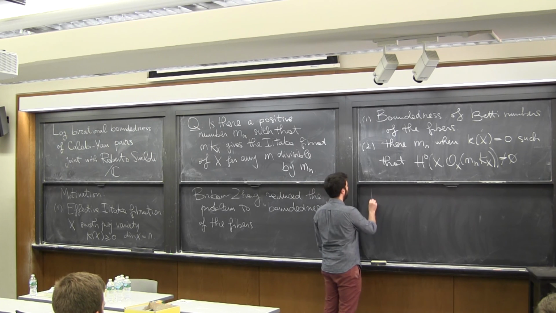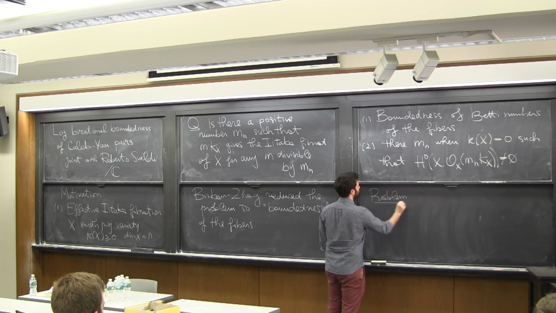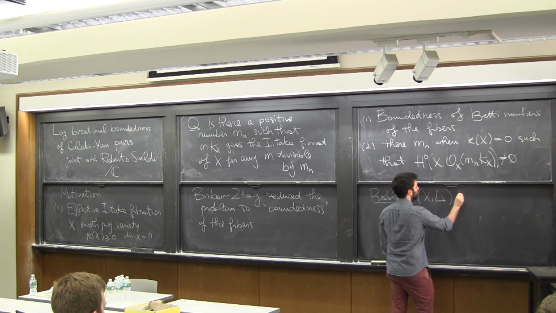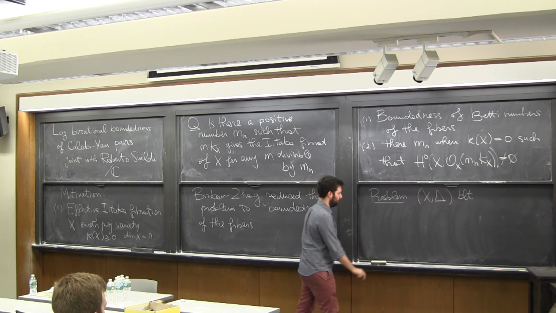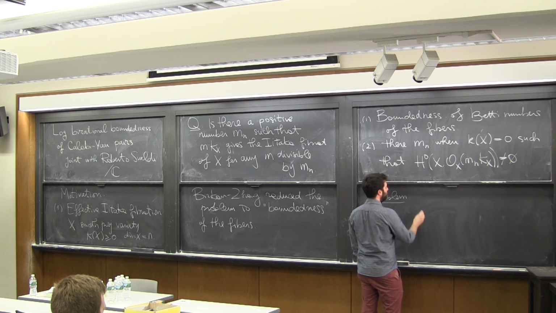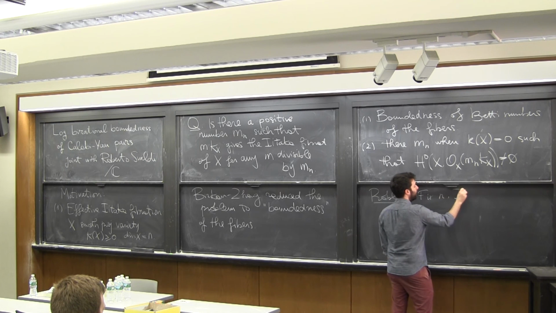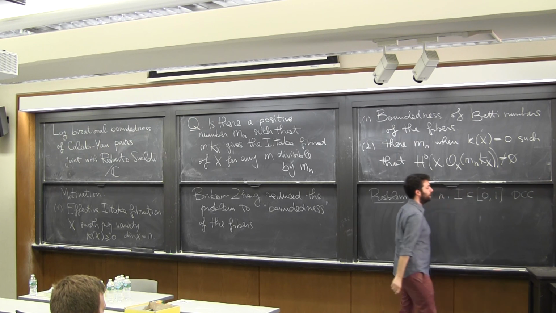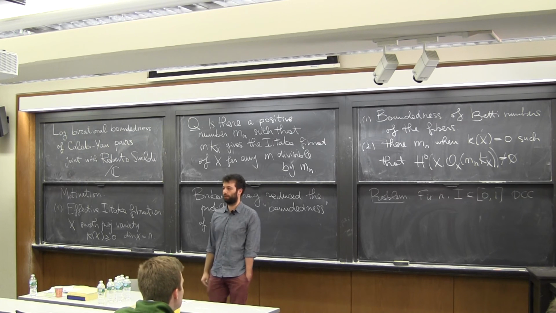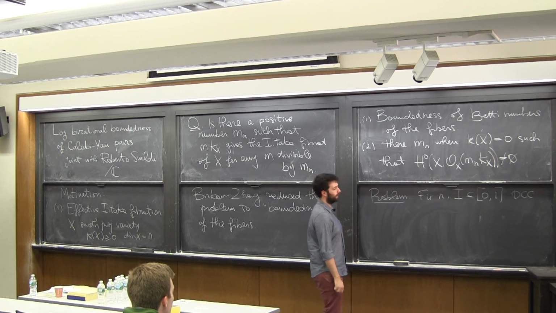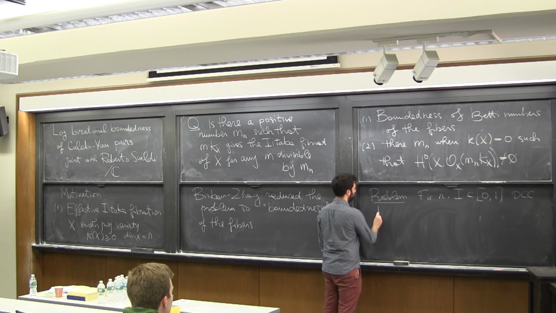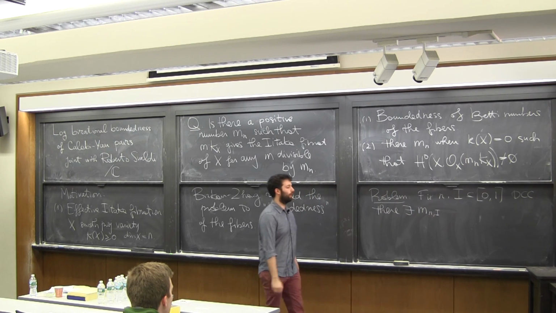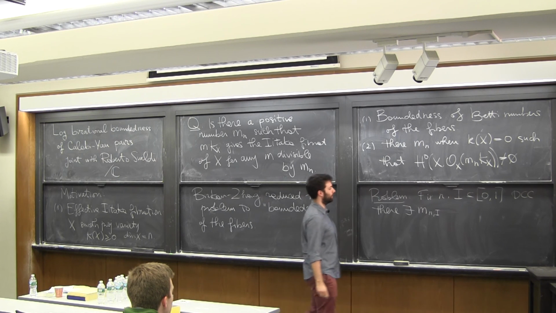Okay, so let me state the problem again, because this is something I would like to know the answer to. Now I'm looking at KLT pairs. I fix n and a set I which is DCC. DCC means that it satisfies the descending chain condition, so no infinite decreasing sequences. Then I would like to have that there exists an M sub I, a number that depends only on the dimension and the set, such that